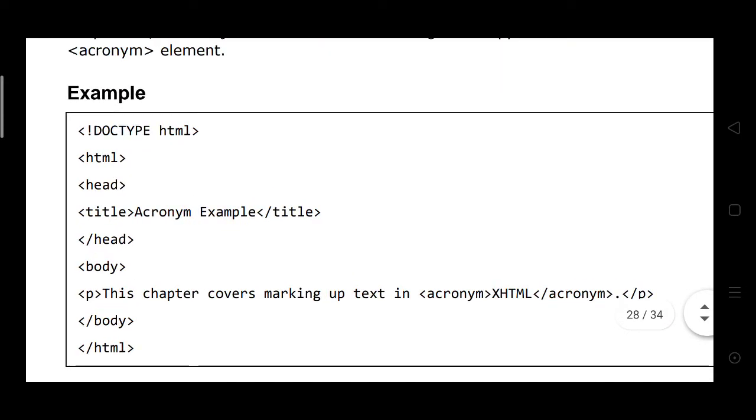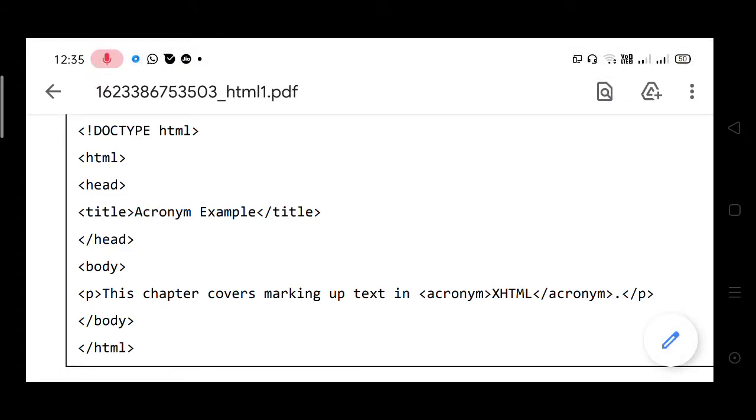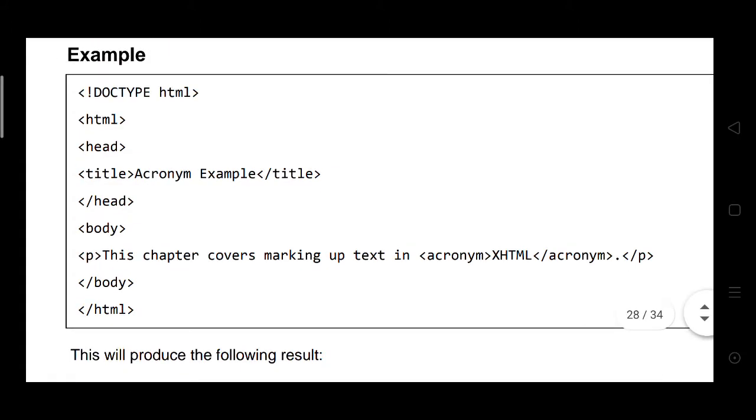Here is an example: doctype HTML, head, in the title program name, HTML body.